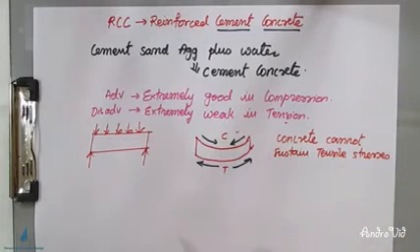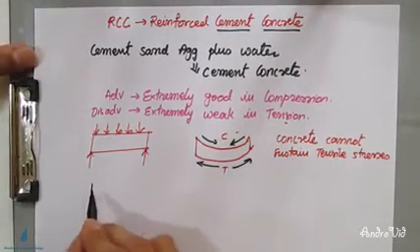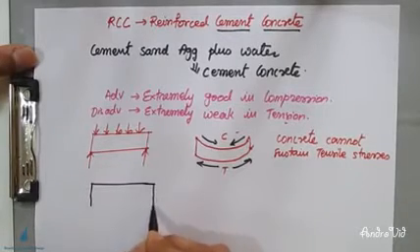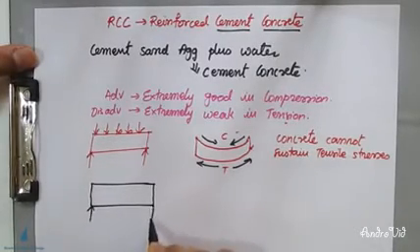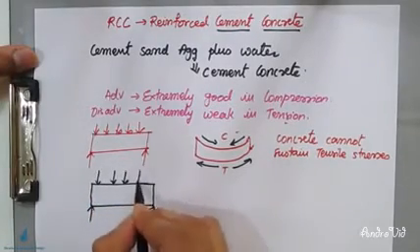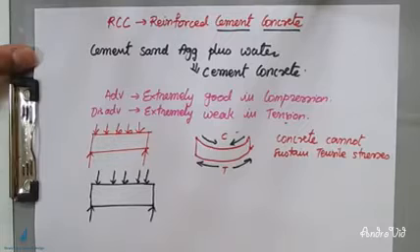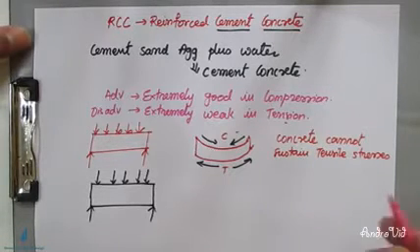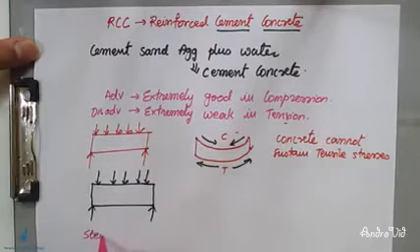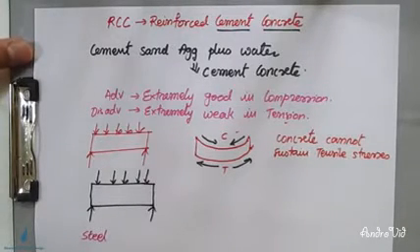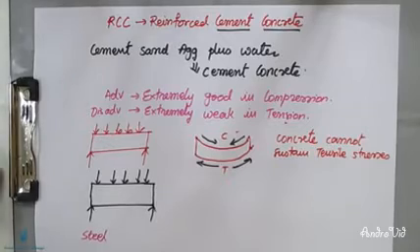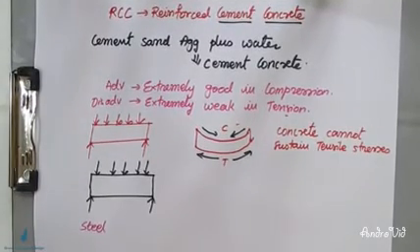Okay, now again we'll take one example of a beam which is simply supported, again undergoing the same amount of load. Now what I will do is take one more material which is good in tension. The material which comes to your mind is steel. Steel is very good in tension. It is a ductile material. You might also have studied this in your MT lab. Steel is a ductile material and it is very good at taking tension.